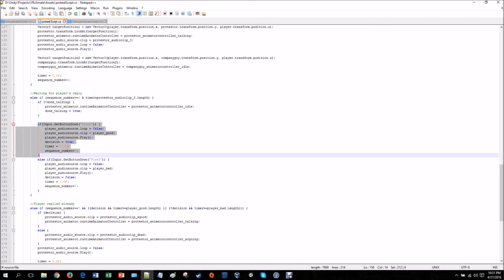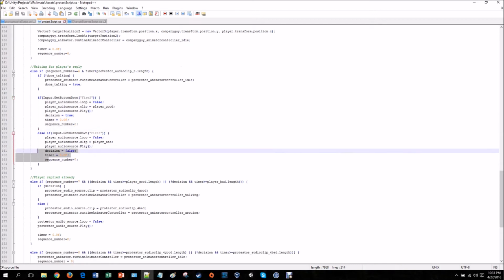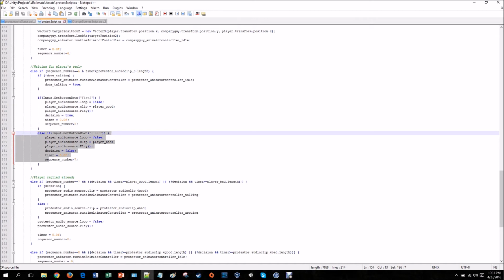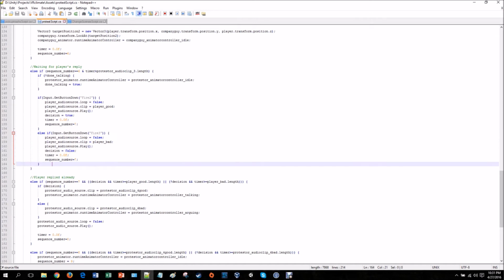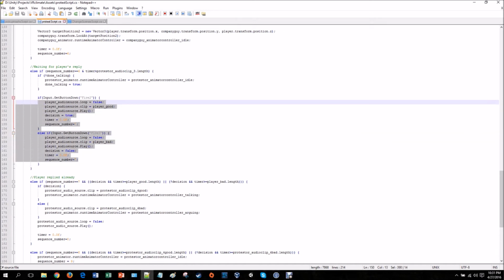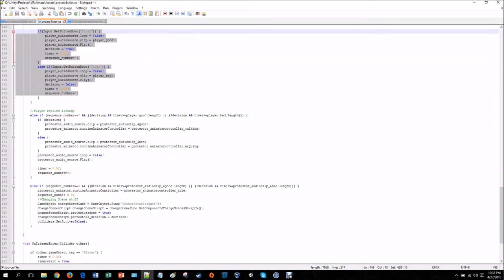He will say that yes, he will join the cause. And in the other case, he will say no. This will raise a flag with a positive or a negative answer. This flag will be true if the user chose the positive decision, and this flag will be false otherwise. According to this output,